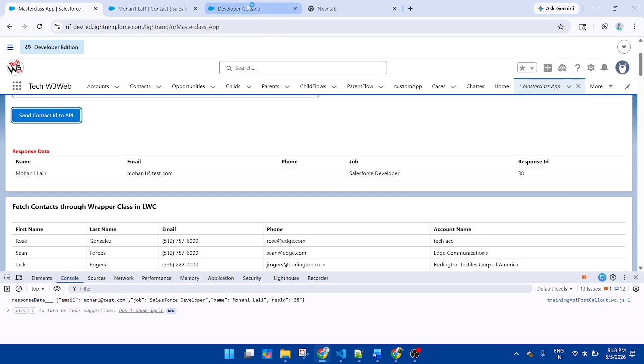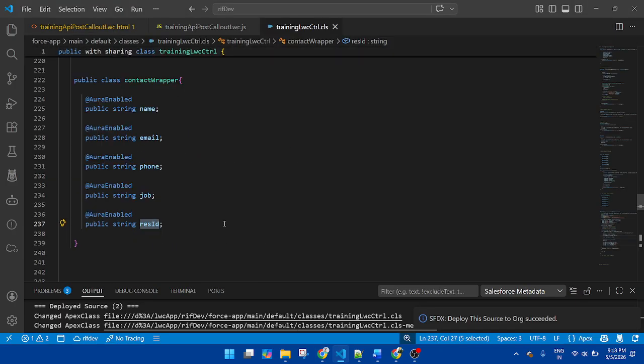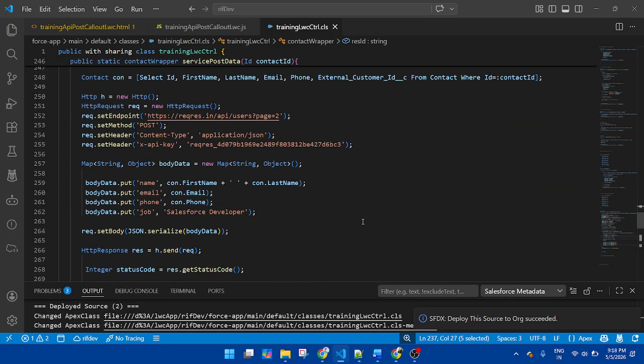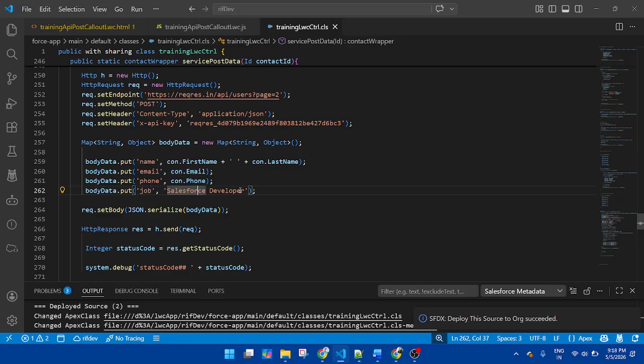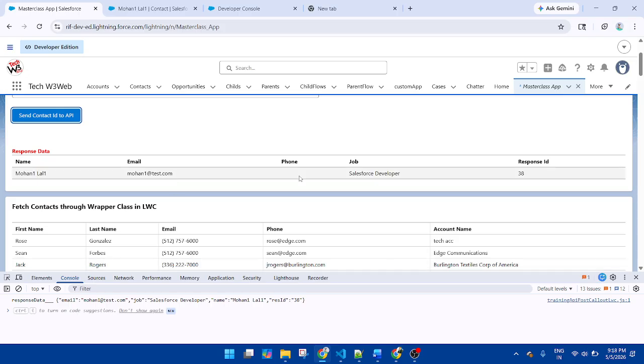Job is Salesforce Developer, because in the Apex class controller I am passing the value Salesforce Developer as a custom value. The rest of the data comes from the contact object. And in this record phone does not exist, so phone displays blank.